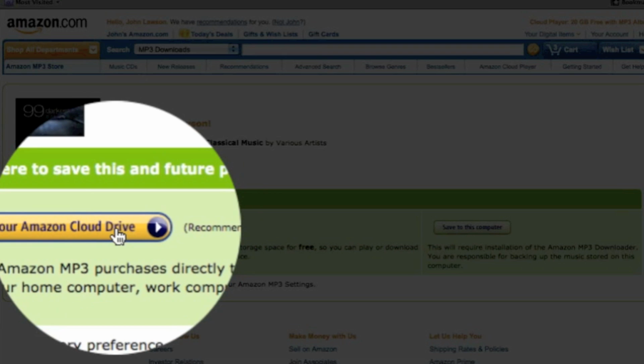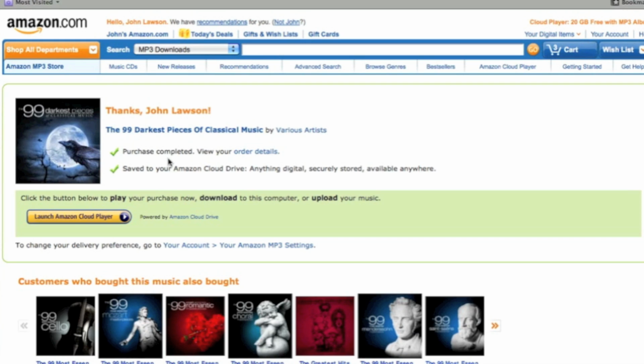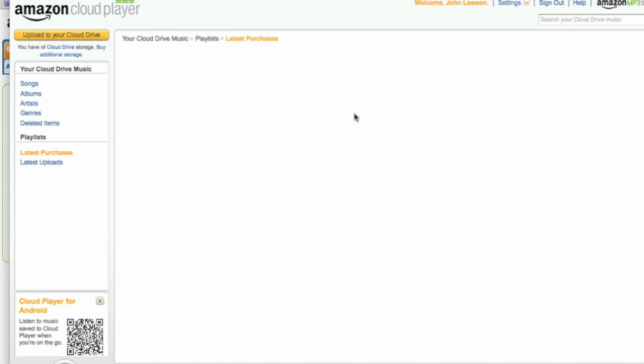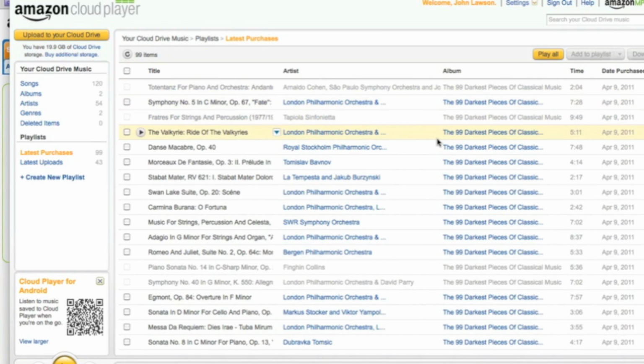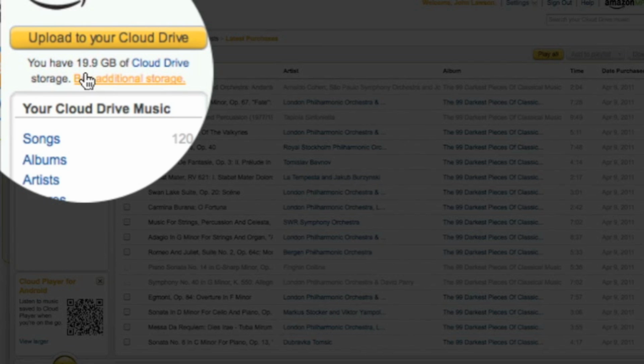we're going to save it to the Amazon cloud. So the purchase was completed. It's saved to your cloud. Now I'm going to launch the cloud player once again. And all of those songs are immediately available in my cloud player. But if I look in the same spot, you see now that I have 19.9 gigabytes of space. So for 99 cents, I have upgraded from 5 gig to 20 gig, and it's that